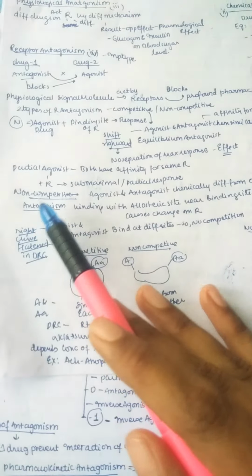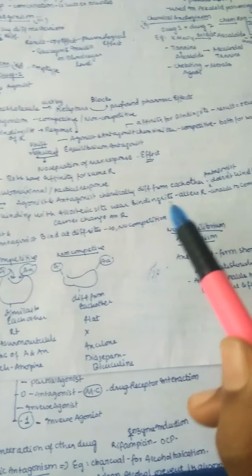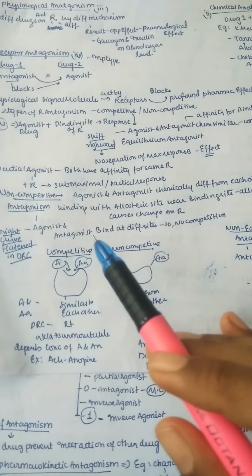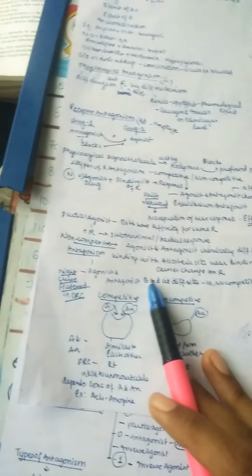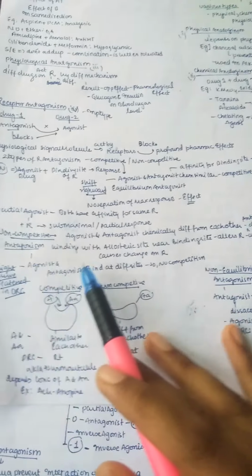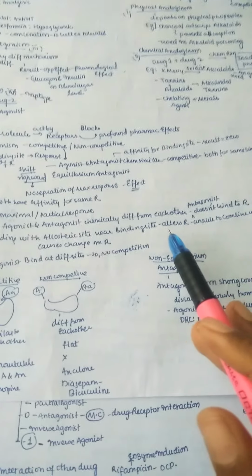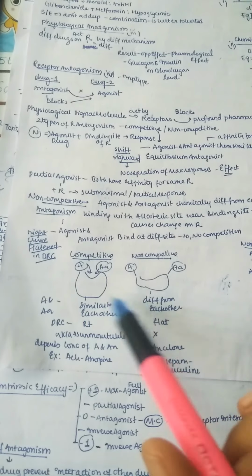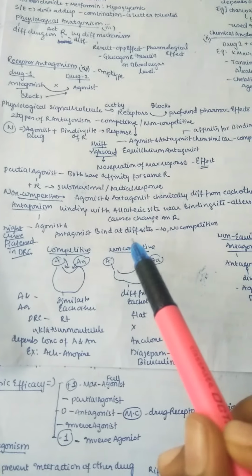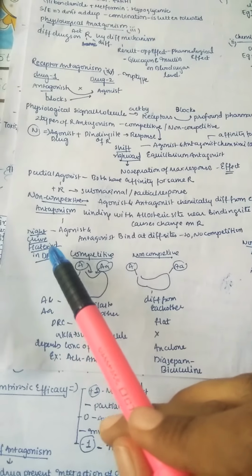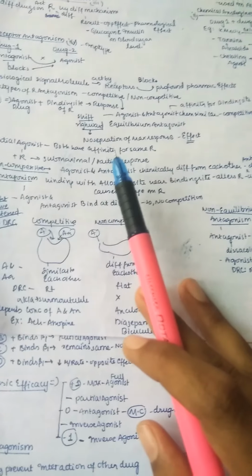And next, coming to non-competitive, that is, the agonist and antagonist are chemically different from each other. So there is no competition. The antagonist doesn't bind to the receptor's binding site, but binds with an allosteric site near the binding site and alters the receptor, which prevents it from combining with the agonist, causing a change in the receptor. So this is how to explain it. Here the agonist and antagonist bind at different sites, so there is no competition in the case of the non-competitive type. And here the curve is flattened in the drug response curve, that is DRC.